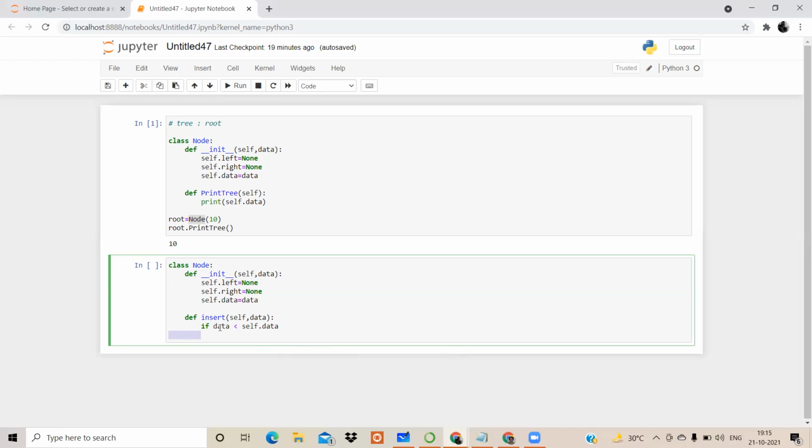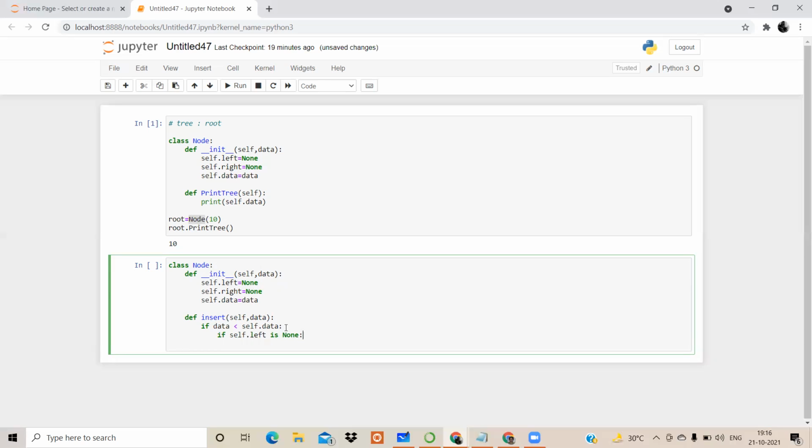So first we are checking if the data is less than self.data. If this condition is true, then you have to check if self.left is None.